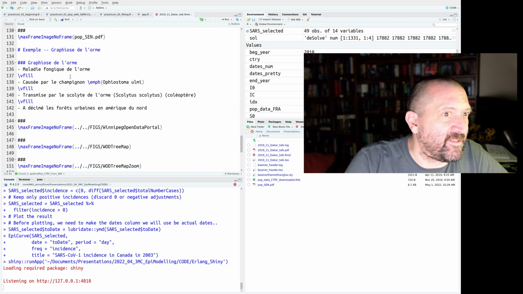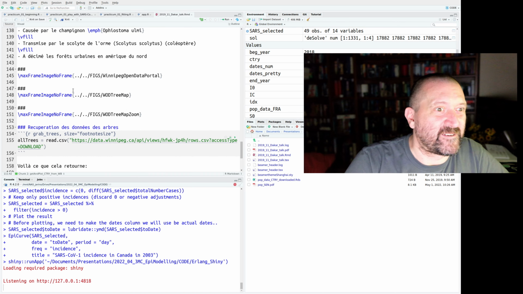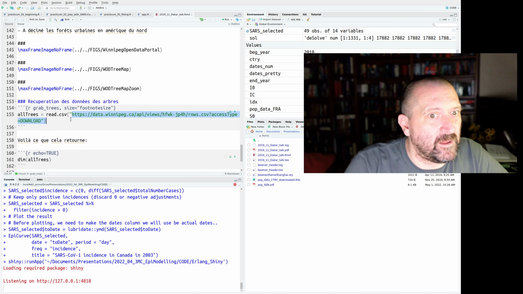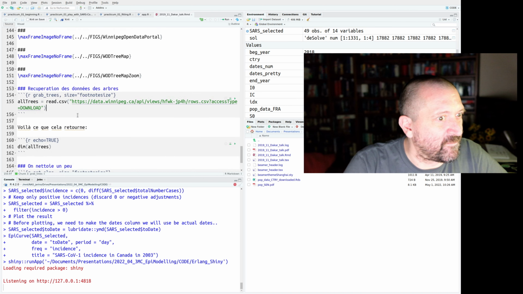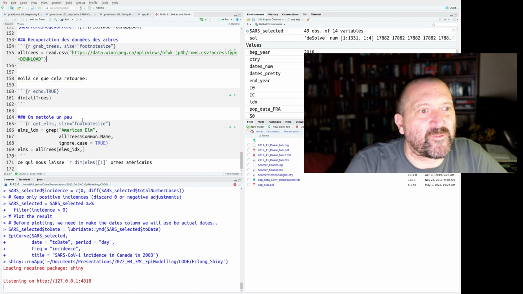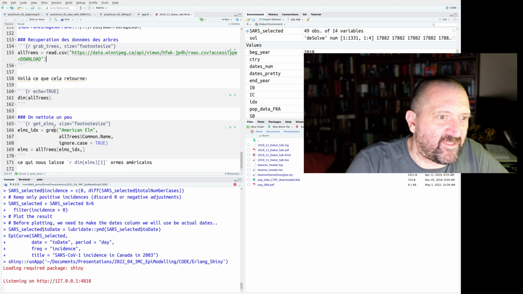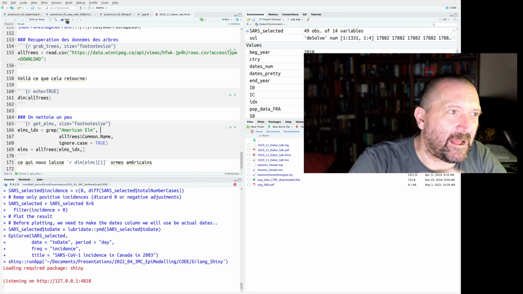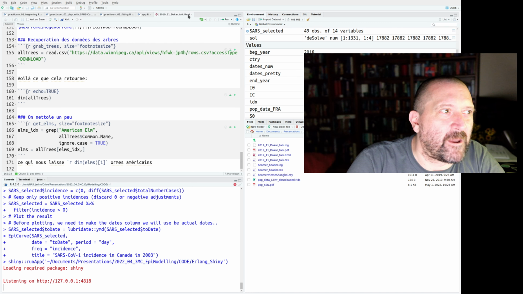Or here, these were things about the Dutch elm disease. And here, for instance, I'm getting the data from the city of Winnipeg, and then I'm just saying these are the number of elm trees that you have, and this is the number of trees that I have, and in total, if I sort out which are American elms, then I will have a certain number. And then here, in reaction to me having opened a file that has extension RMD,